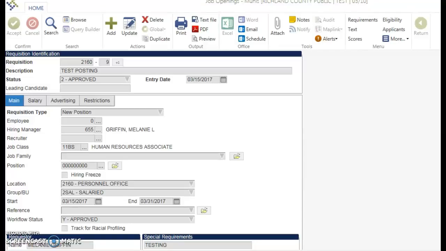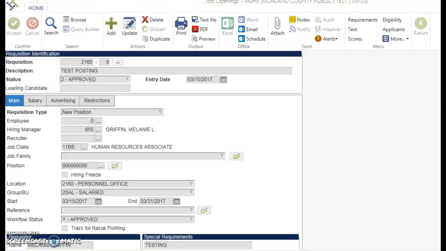Okay, so we've looked at all of the applicants. We've chosen and gotten approved the interview candidates. We've interviewed them. And so now we are ready to choose who we want to hire for this position. So this is a very simple process once you've learned how to choose and release interview candidates, because it is